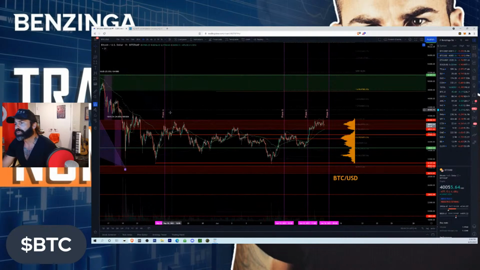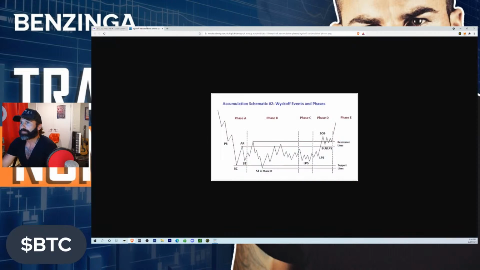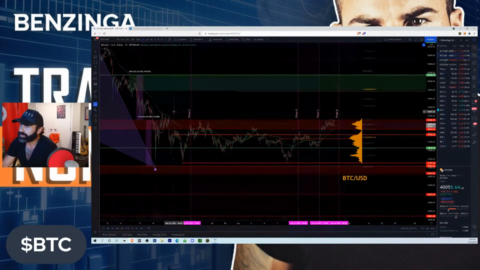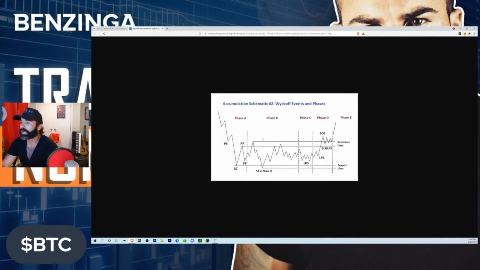But I've got these vertical lines here that really break it down for you, right? We've recognized our correction. We've recognized the sell-off, and that's phase A. If you see on this chart here, you get the drawdown. You get this initial spring, which we've gotten here on Bitcoin. We sprung back up, we came back down, which essentially, if you were taking a long here with leverage or with a tight stop loss, up in this zone here, you're going to get knocked back out of that real quick. And then you've got a higher high,